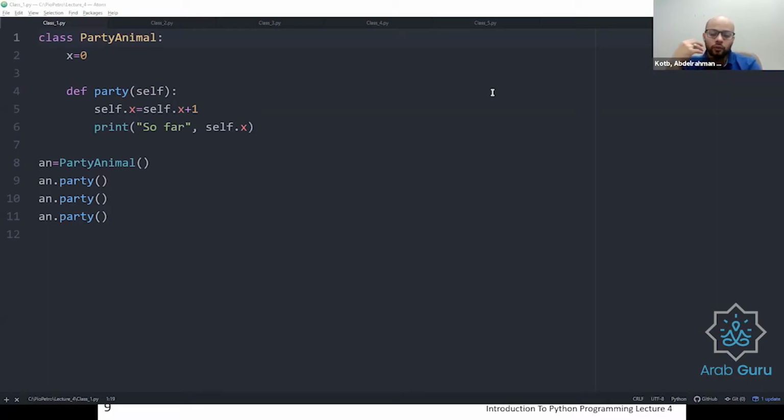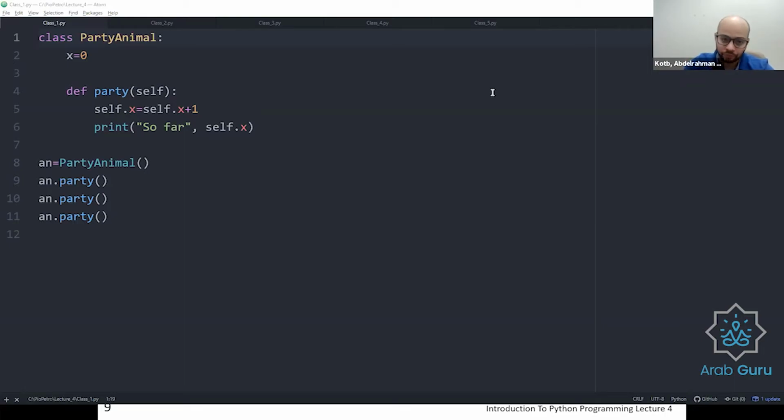For example, for list, there's sort, there is pop, there is all these things. And for dictionaries, there's count. So these are classes, but these are classes that are already developed within Python. So let's say you want to develop your own class.